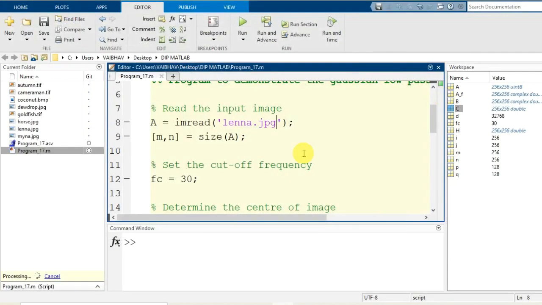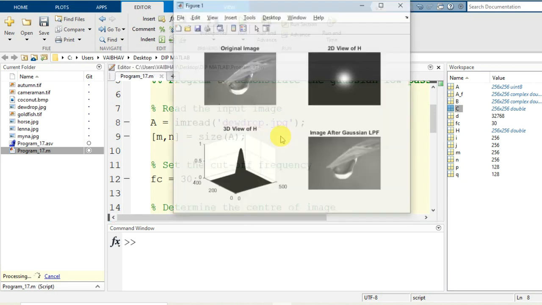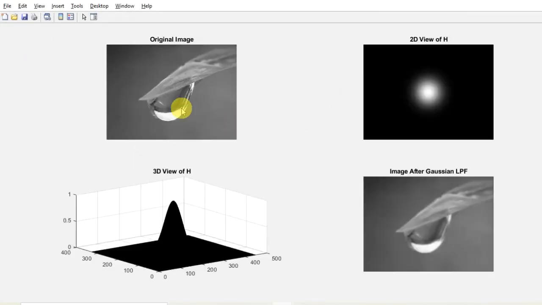Instead of lena.jpg, you can also go for, let us say for example, dewdrop.jpg. I just save the change and run the program. You see this is the original image, the filter functions and the resultant image.